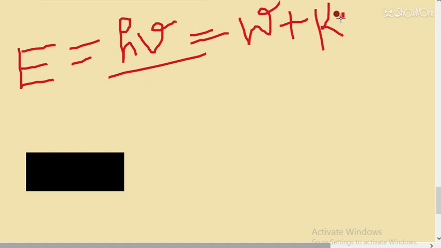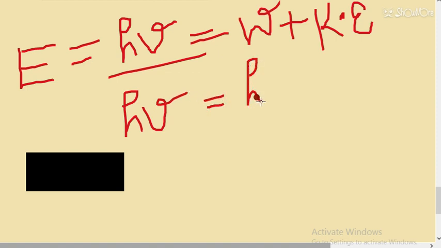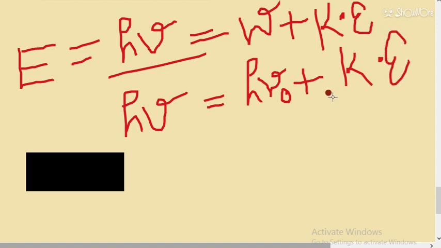So I will discuss here 4 questions, work function plus kinetic energy. And work function, what students write is h into mu, where mu is the incident frequency, is equal to h into mu naught, where mu naught is the cutoff frequency, meaning the minimum frequency required for emission of electrons. You must have studied these things; if not, you will get some lectures from me that will start from the beginning.